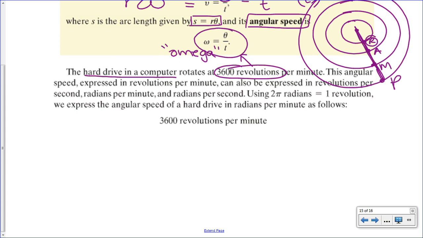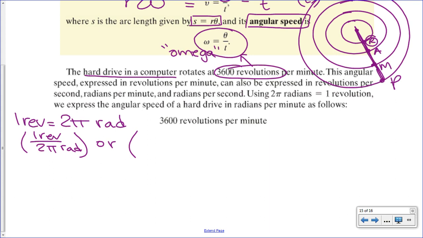Multiply by 2 pi, yes. So we have that one revolution is equal to 2 pi radians. So the unit conversion factors will be either 1 revolution over 2 pi radians, or 2 pi radians